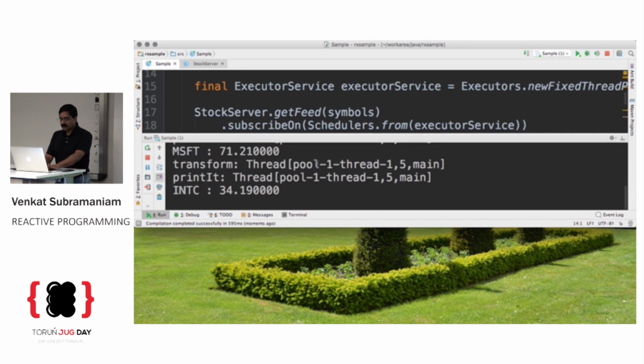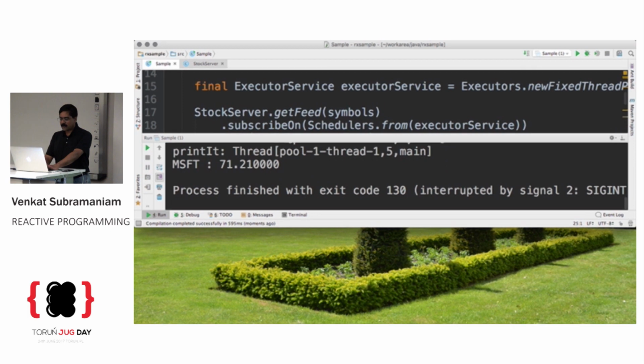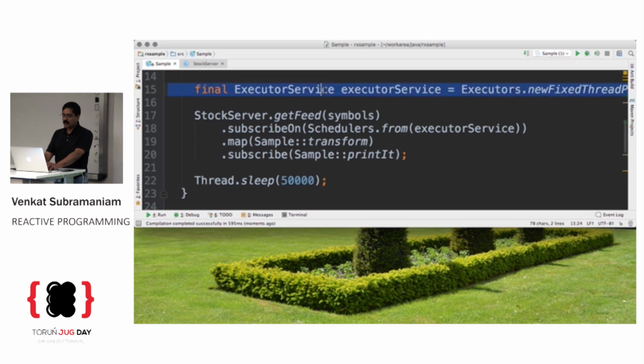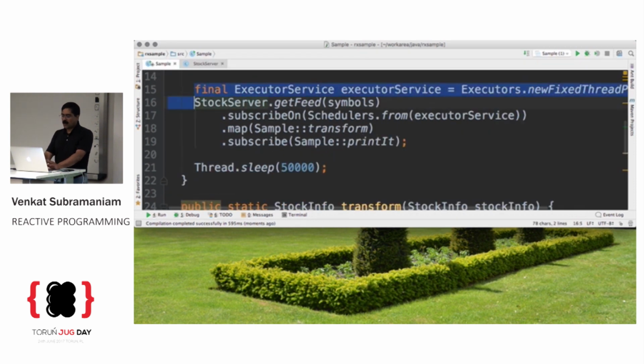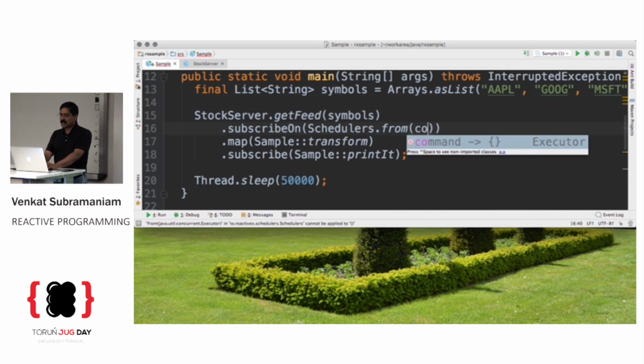Well, that's one way. Alternately, what you could do is you can say, all right, I want to run it in a separate thread, but I don't want to be creating my own executor service. Well, what do you want to do then? Well, I want to be able to run in a pool that you provide for me. And you can say, in this case,